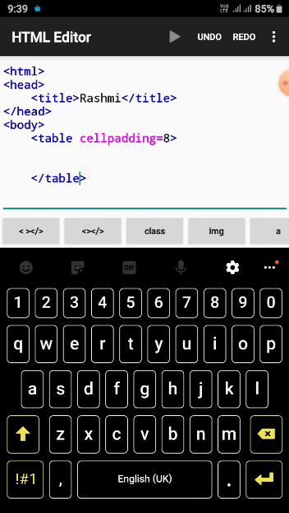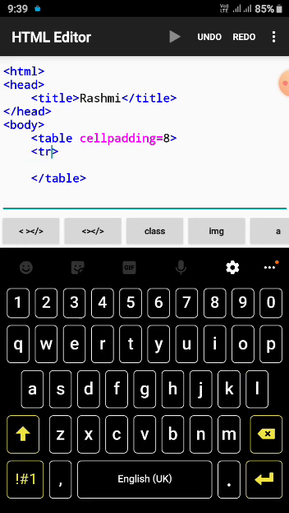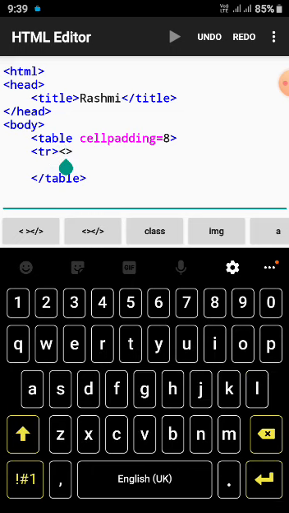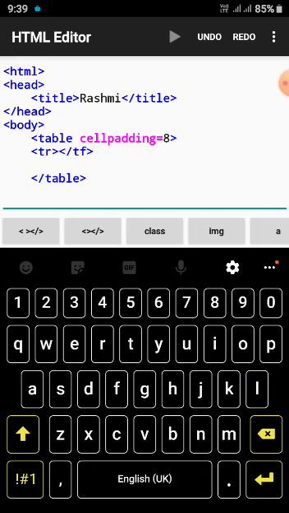So table. Okay, students, now what is the first row we saw? First let's write tr, then we will see. So we will write here tr, students. Thereafter what we need to write? Again we need to end the tr, so better you do the ending of the tr as well. Fine. Now in between what you have to do? Now you have to specify the column, that is td or th.